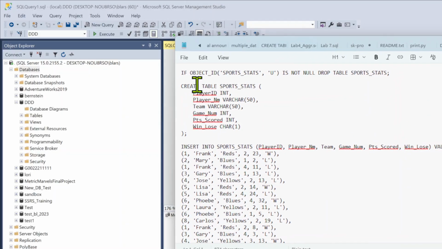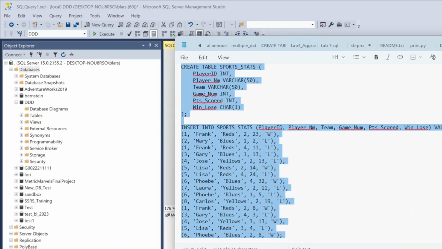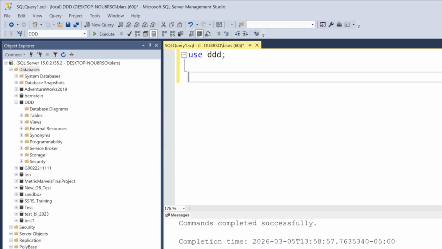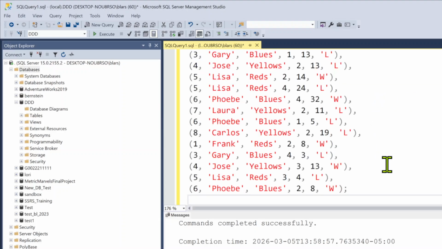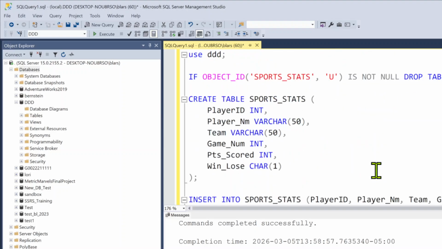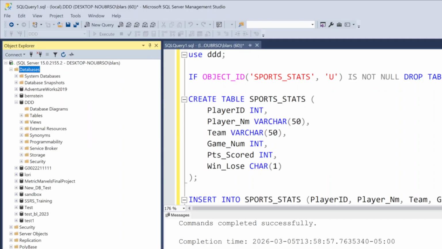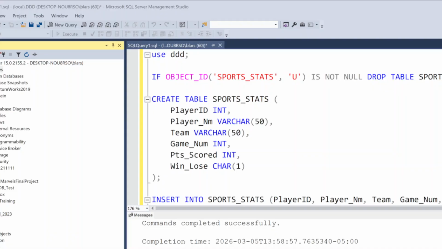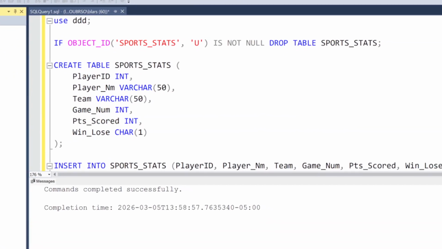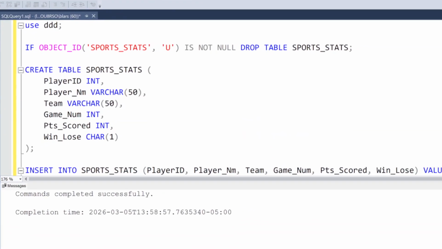Do not worry about what this code means right now. We're just going to copy this and place it here. This is basically the code designed to build a table. I'm just going to walk you through real quick. I would not be too concerned about any of the code yet. Trust me, you'll become an expert on SQL code by the time we're done here. So the main thing to notice here is